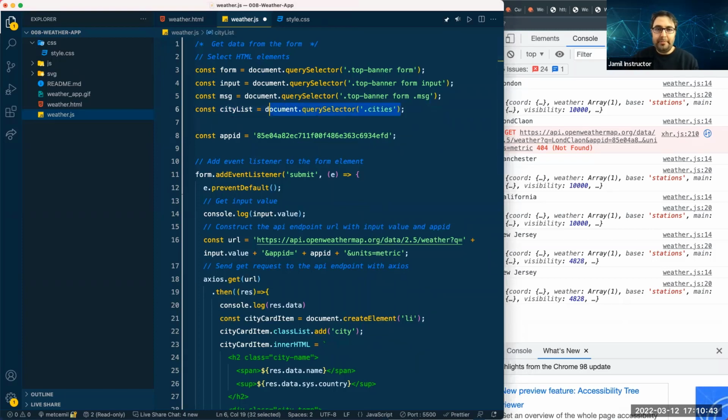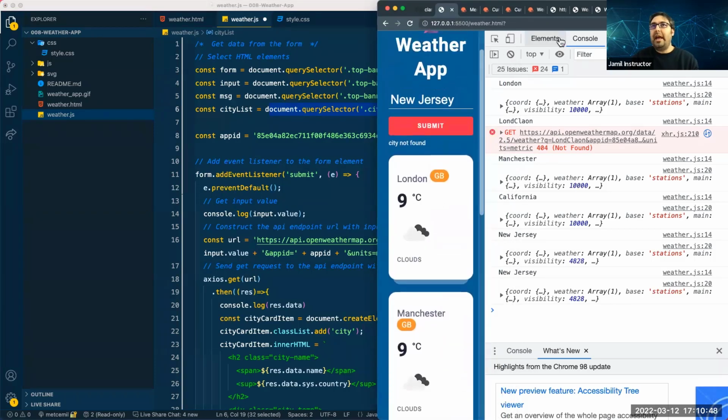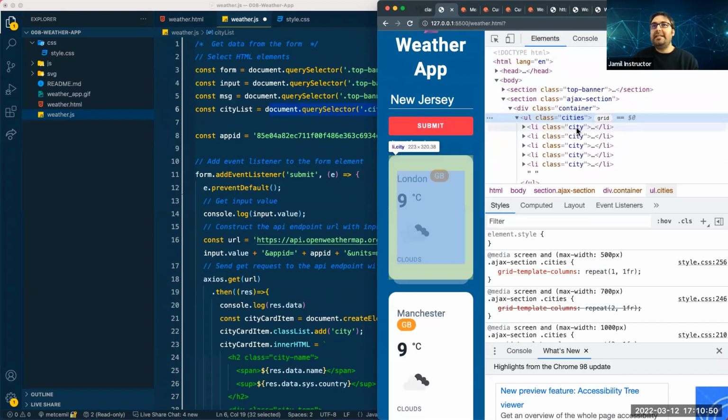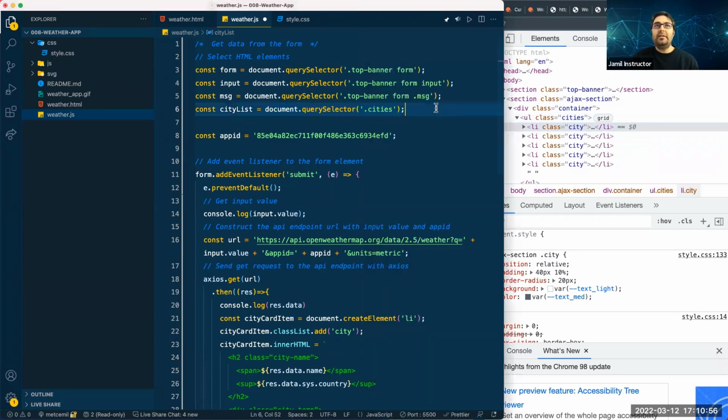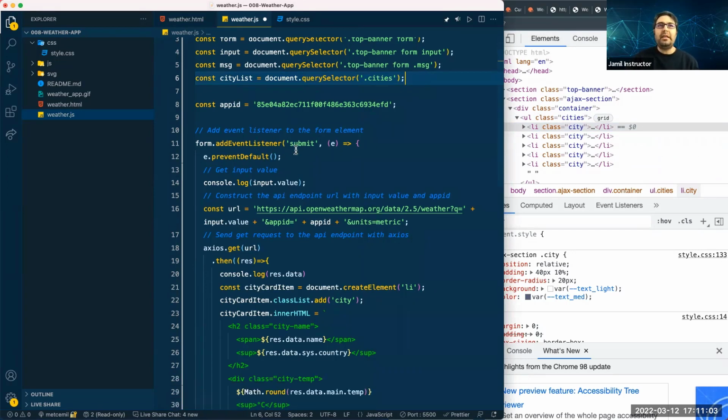So first of all, you need, where are our items now? Let's check. It's the city class, right? So you will collect all the city classes in an array. This time, you can't do it in the beginning, okay? You should do it after you click the submit button,